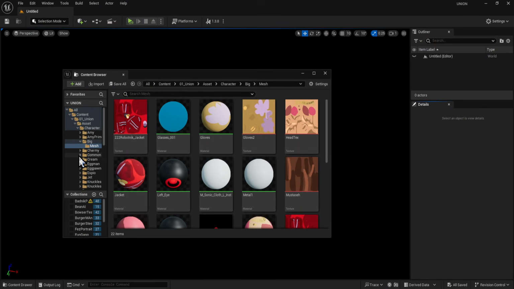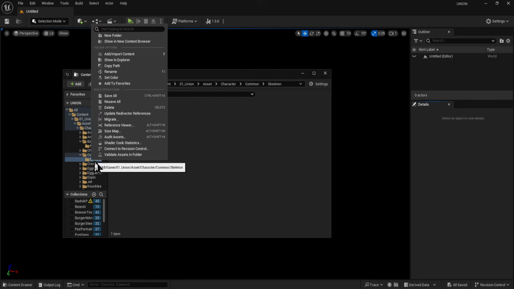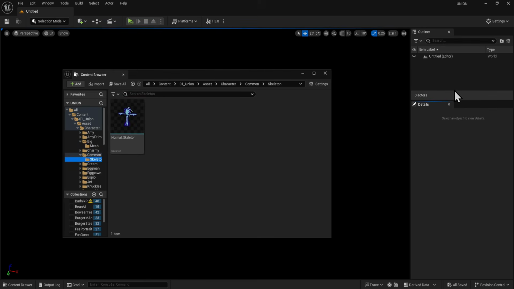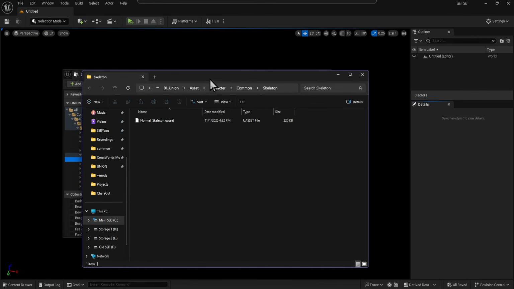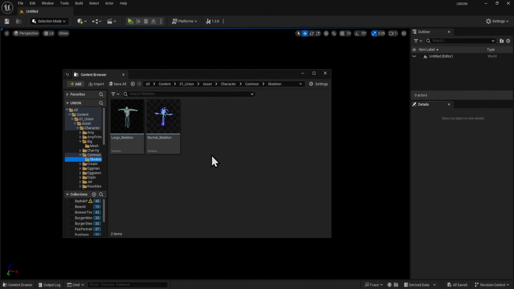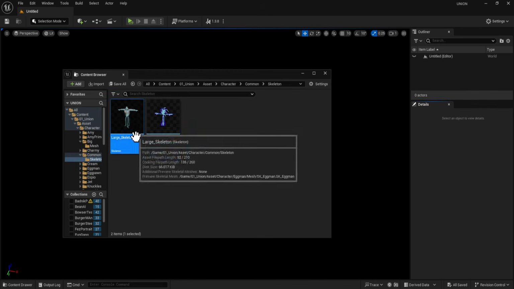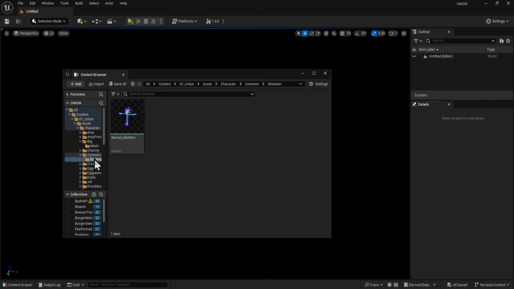First thing you're going to do here is figure out which skeleton your character is using. For me, Eggman uses the large skeleton. A lot of the little Sonic characters use the normal skeleton, and then some characters have their own specific skeletons. I don't know which skeleton goes to every single character, so you're probably going to have to look for a list in the Discord or something. Since I'm working with Eggman here, I'm going to take the large skeleton,